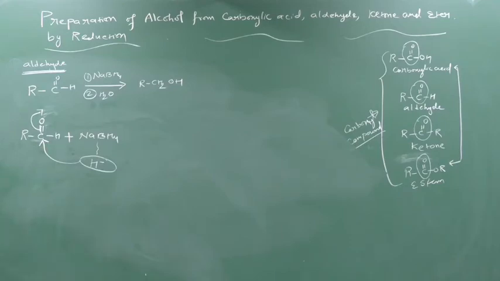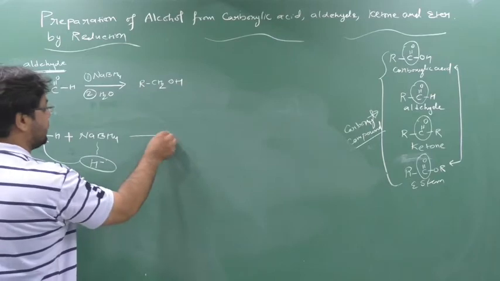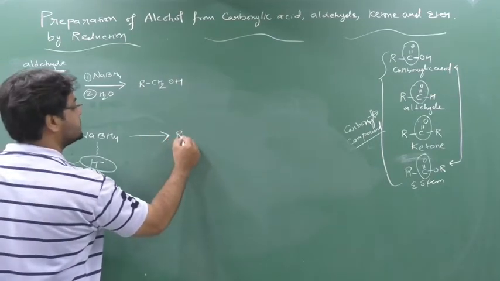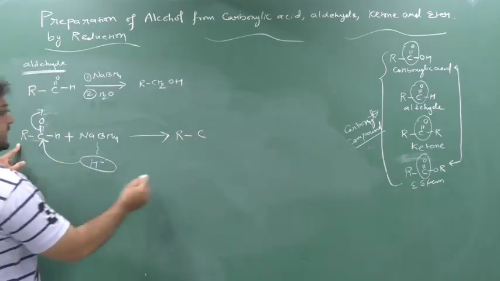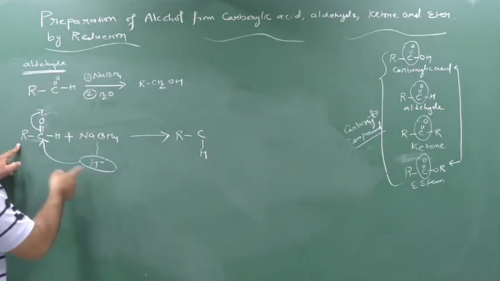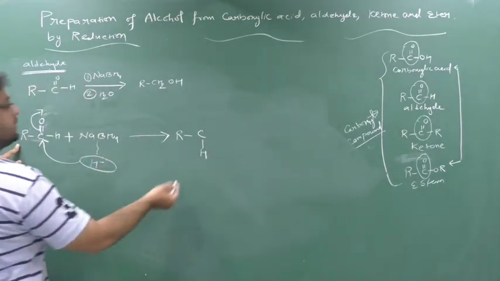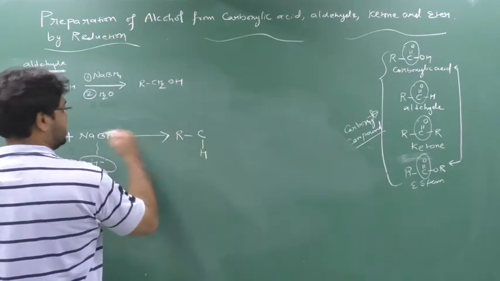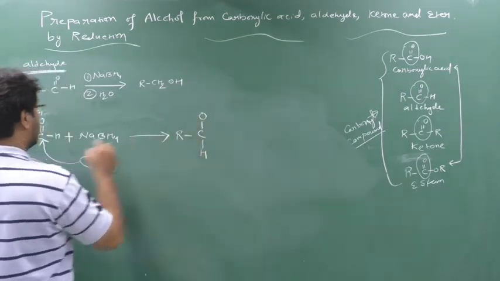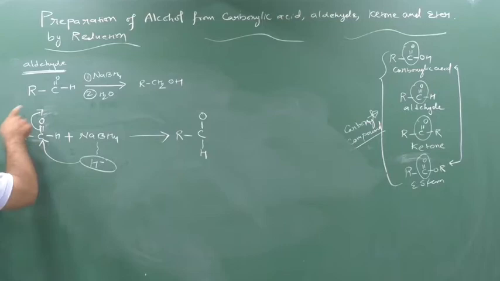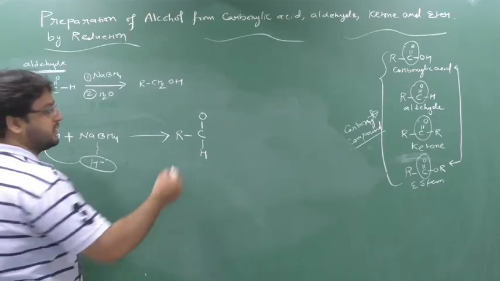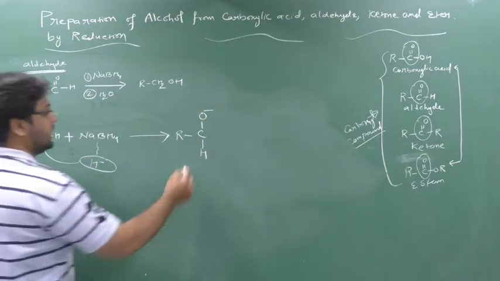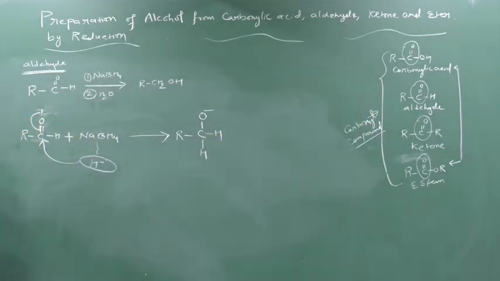Clear? This is only for your understanding, to get the correct answer. Clear? So what will happen? See here what changes occur. Here R is there. Here C is attached with this H. Now hydrogen has made a bond, so the charge goes. Now this bond has broken, so the double bond is converted into a single bond. This bond contains electrons, so the electrons will enter the oxygen. One who gains electrons creates a negative charge. And here H. Clear this part?